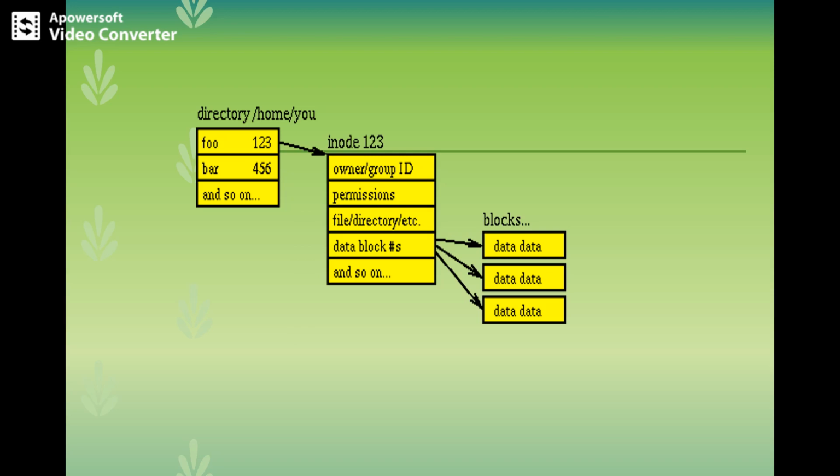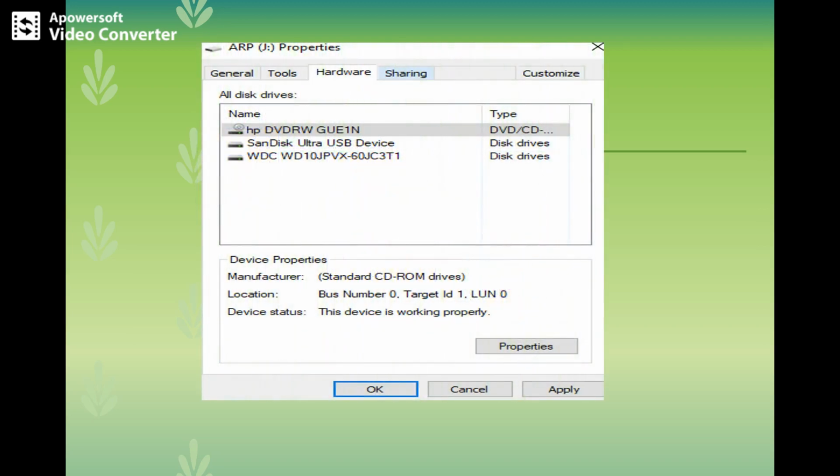This will be indexed to particular information, that is, what are the permissions for that file. For example, for foo, it is indicated by inode 123, and the information about the file includes the permissions, who the owner is, which group ID the file belongs to, under which directory it is, and what the data block and sector number are. All information of this file is contained in this inode, and this inode again points to different blocks. You have seen this kind of information in your systems.